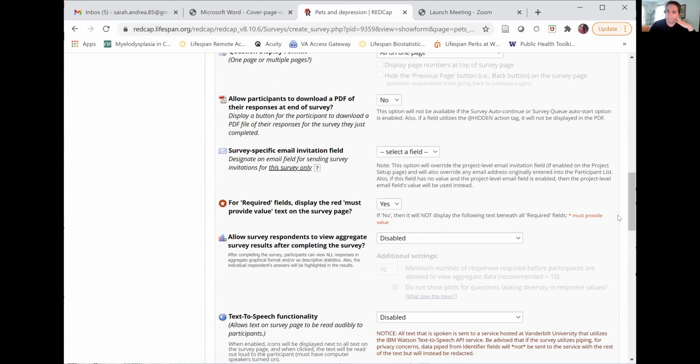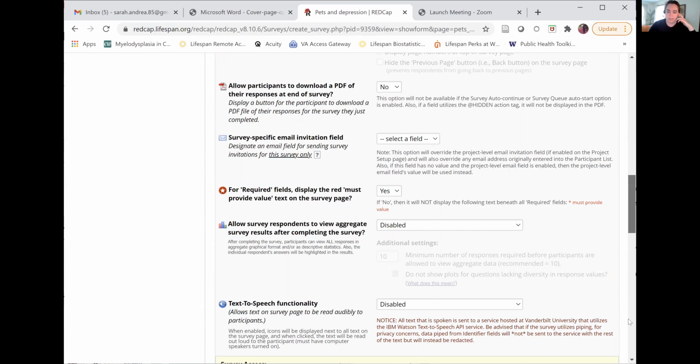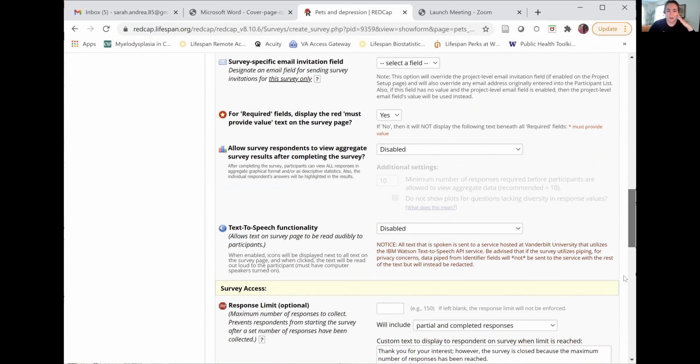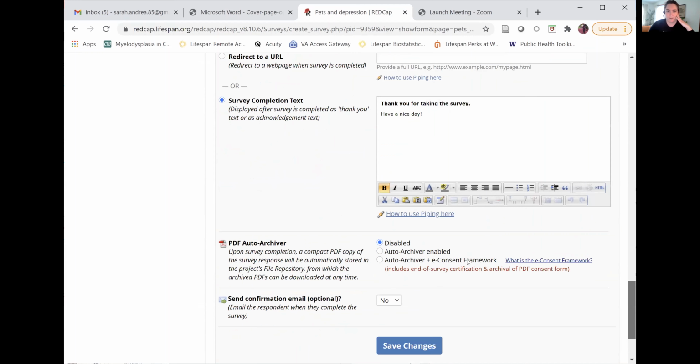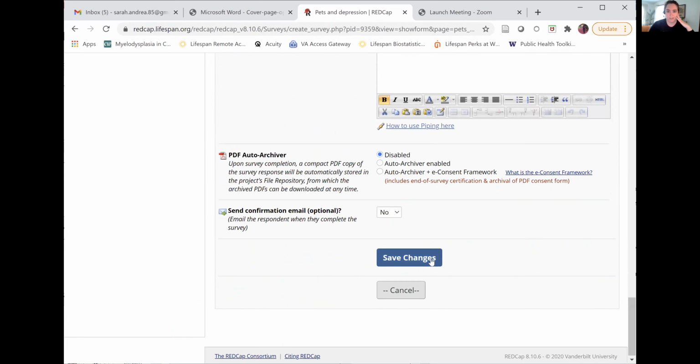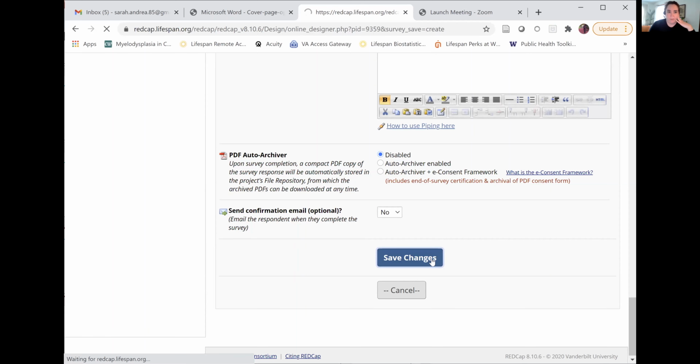And if folks have more interest in learning about survey features, I'm planning on putting together a longitudinal survey design workshop at some point over the next coming months. So that's on the docket. But if we save these changes for right now, with survey,